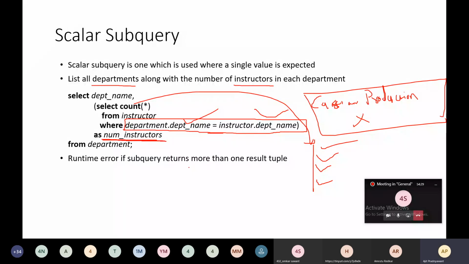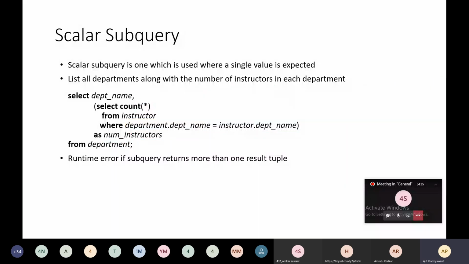So this is how your query is executed. You need to understand everything. To write this simple query, you need to understand what columns are present in the department, what columns are present in the instructor, and what the common columns are. As we have seen here, department name is the common column that you need in order to retrieve the number of instructors per department. And most importantly, you need to understand the Cartesian product.